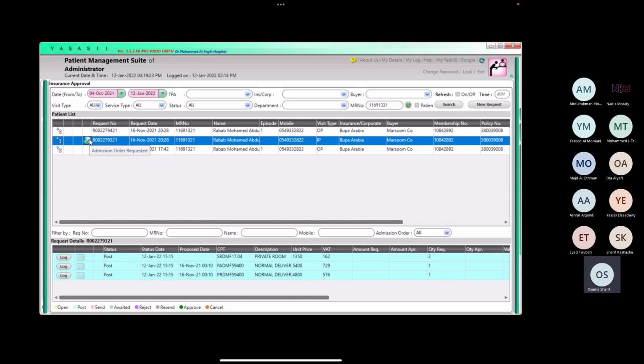So that's why when you click on it, it will show you these two things, the normal delivery packages that are there, which has been added already now. So we don't have to worry about it. So anyways, so